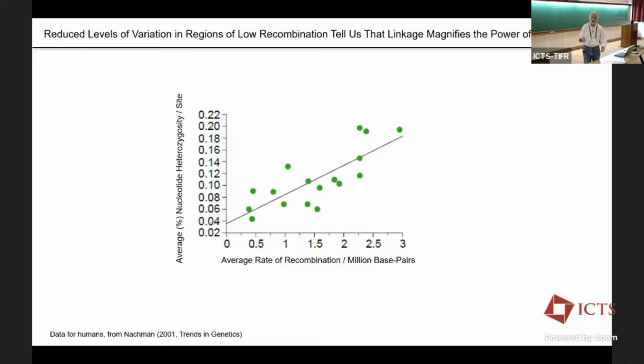And you can also look at this. One prediction of this theory is that this will be less of a problem in regions of high recombination. And these are some results from Michael Nachman's paper quite a few years ago in humans. And this has been shown in other things like flies, is that genes in regions of low recombination tend to maintain lower levels of variation. All these chromosomal regions are subject to the same mutation rates, the same rate of mutation coming in. But if you're in a low recombination region, then you're more likely to be purged due to these linked deleterious mutations. This is called background selection.